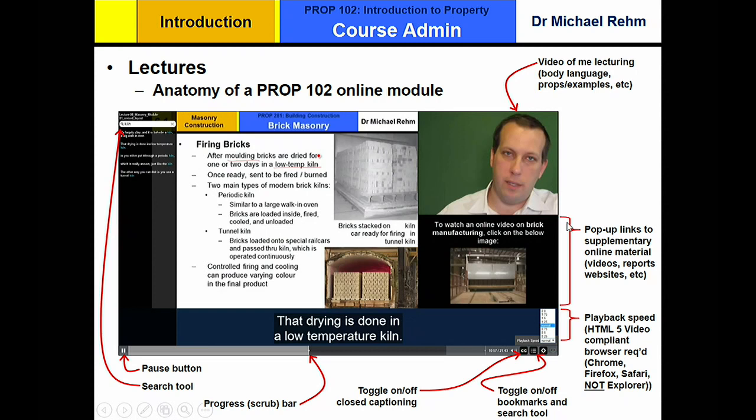Anyway, super flexible. So that's a blow-up of the anatomy of one of these things. There's a little bit of a picture-in-picture thing, so I'm talking to you, trying to look at the camera. Some students think that it's a bit strange. It's all psychological, I guess, because I'm looking at the camera, you feel like, oh man, Mike's actually talking to me. It's kind of neat, rather than the person way out in the corner of the room. Some people would rather put a little piece of paper on there or hide me. But most people, I think, find it engaging and it makes it feel like a real lecture.